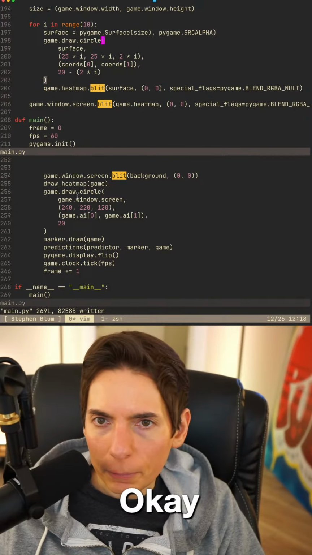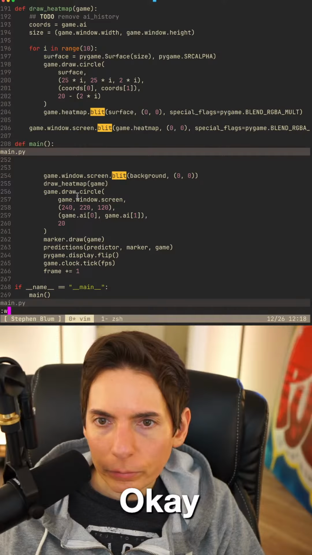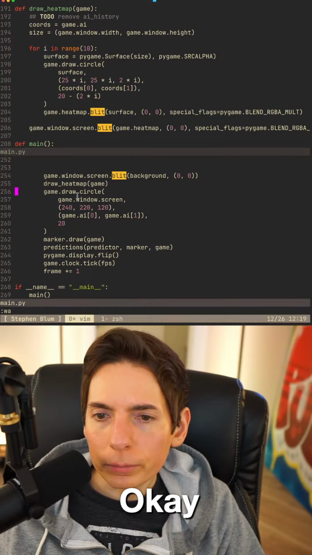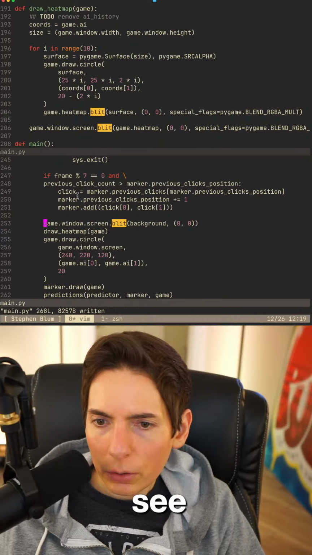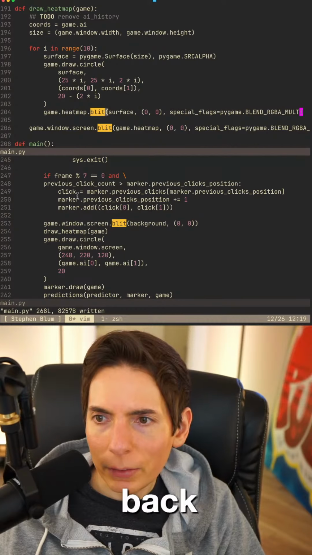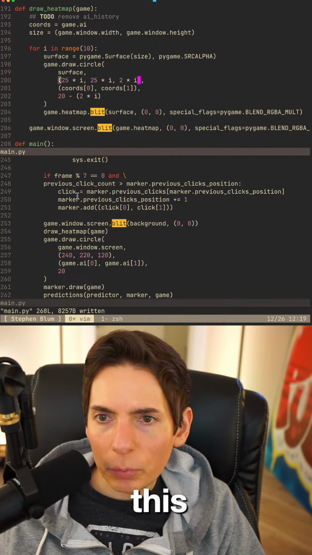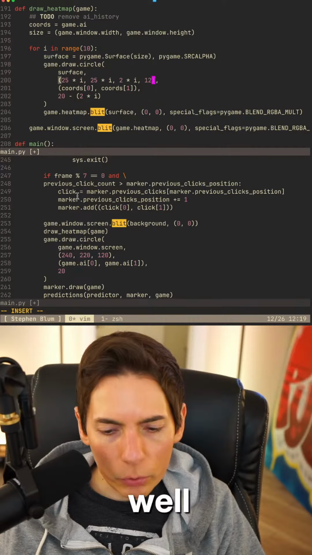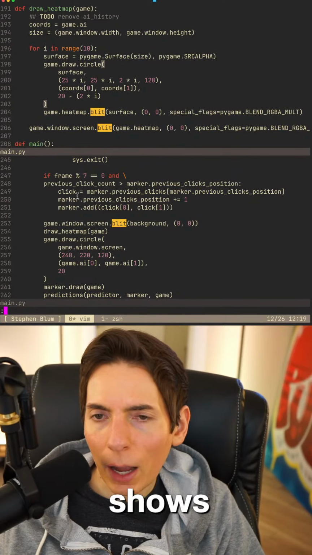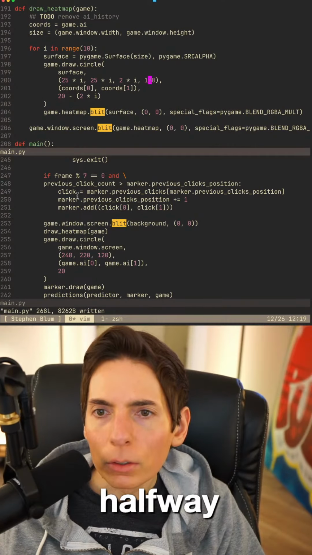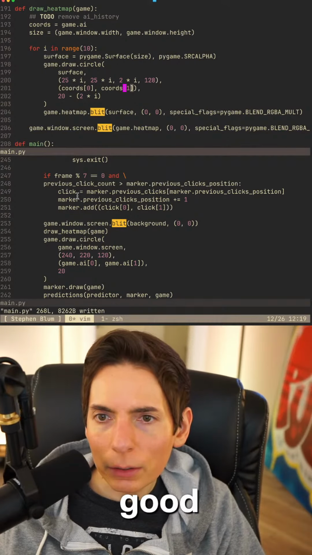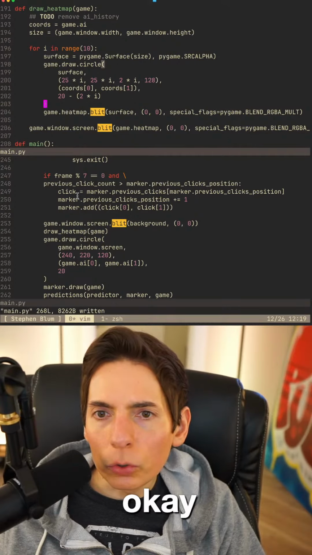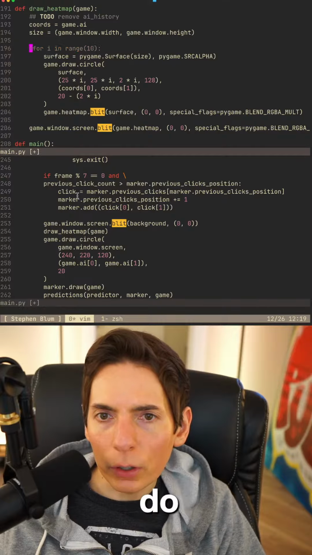Okay, so let's see here. Our background, we got background, and then we got the RGBA. This needs to be in there as well. Let's do 128 to make sure that shows up halfway. All right, this looks good. Let's just do it once though.